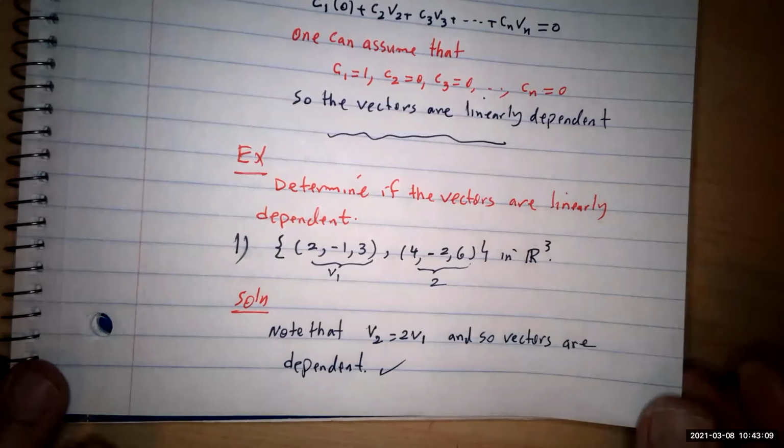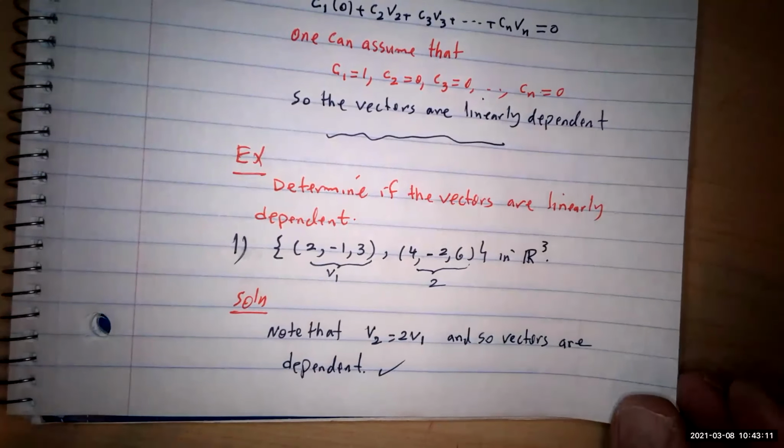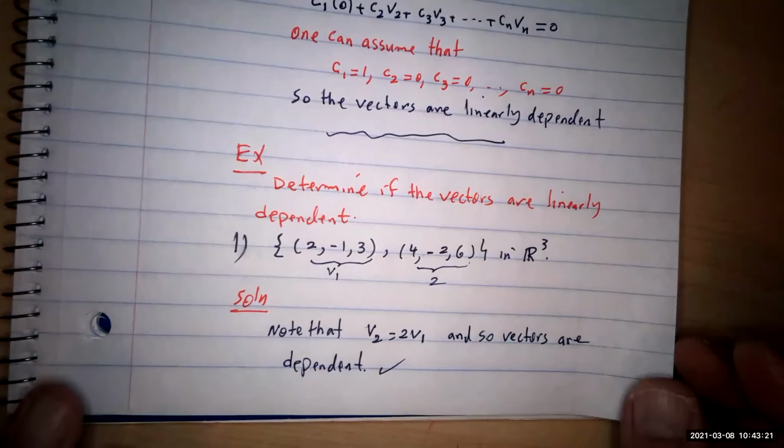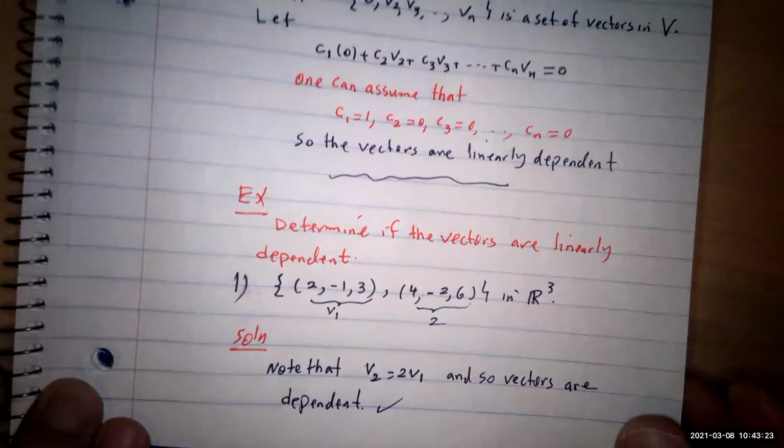Okay, so this is the quick way. If you cannot write the first one as a multiple of the other one, then in that case they are going to be linearly independent. Okay, so that's going to be case 1, and you have a number of them in your book. And case 2